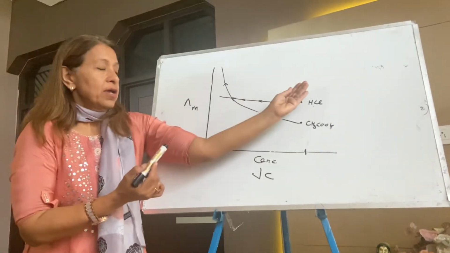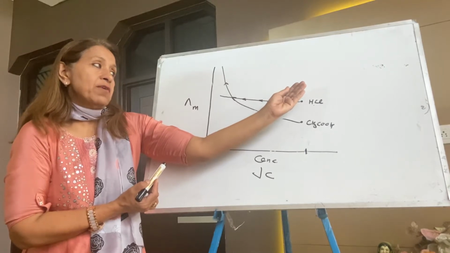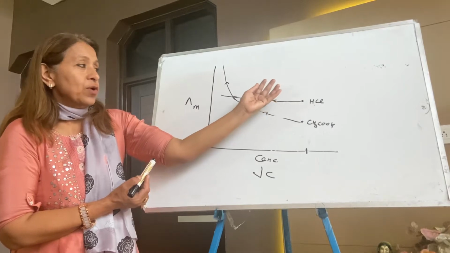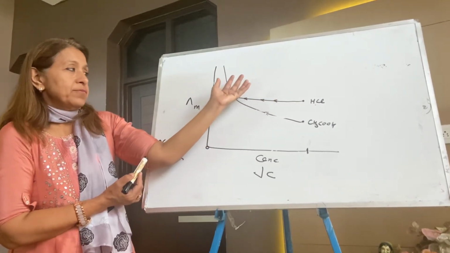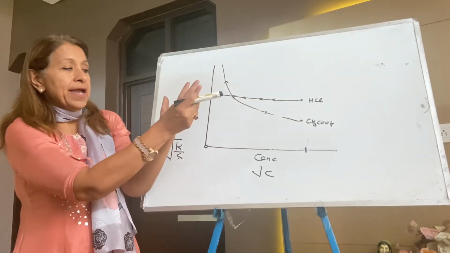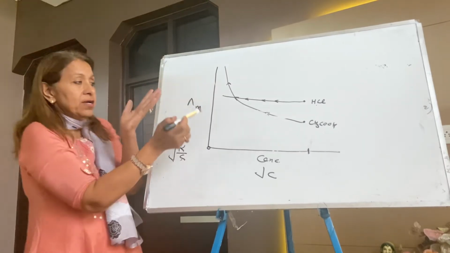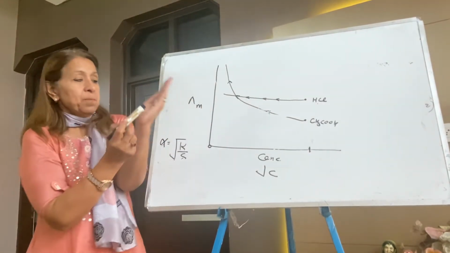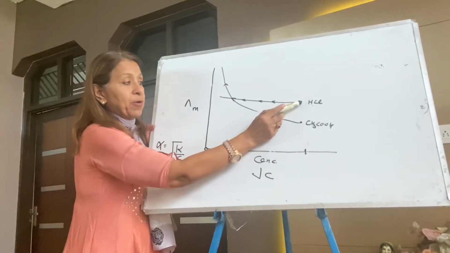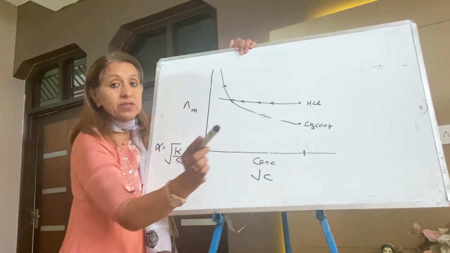What is going on? Here the concentration is high, ions are very close, ionic interactions were very much high. The moment you decrease the concentration, this is going on. The fingers remain 5, but the inter-ionic forces break. Ions become free to carry current. Just a little conductance increases because of this. Otherwise, there is no increase in the number of ions. But in this case, there is increase in the number of ions.